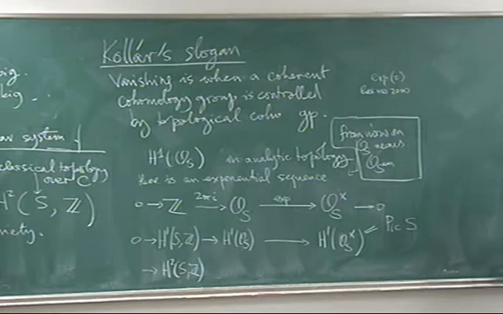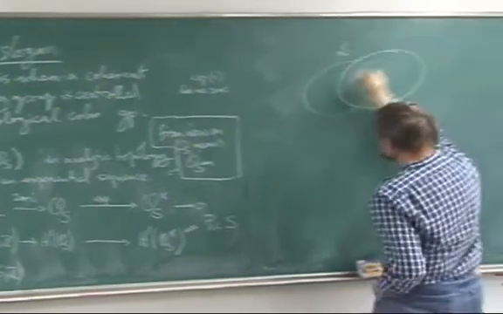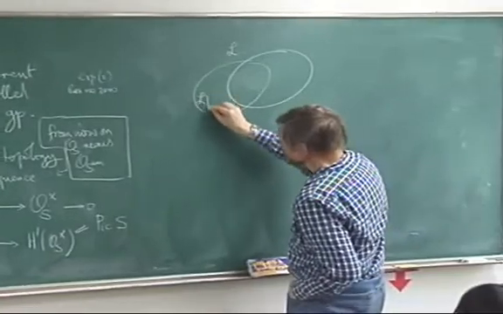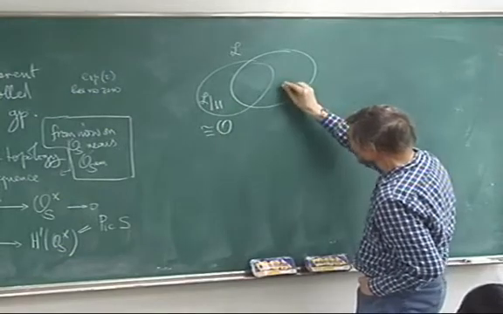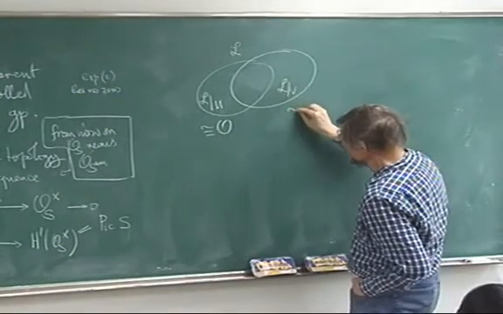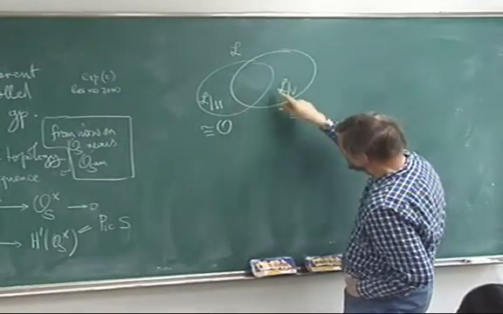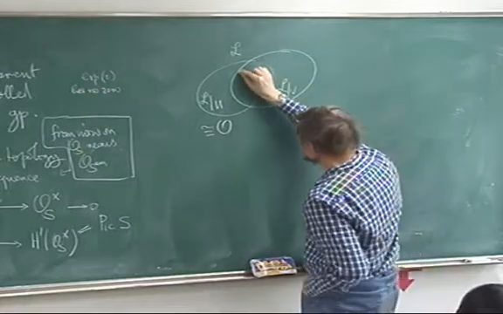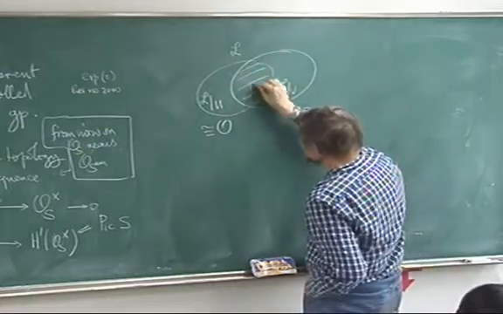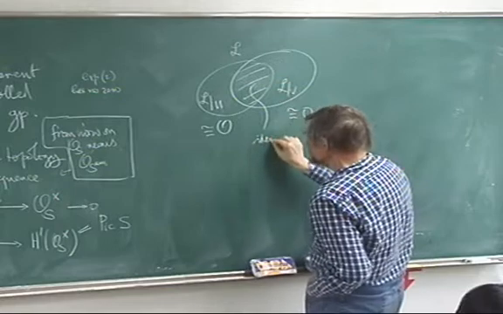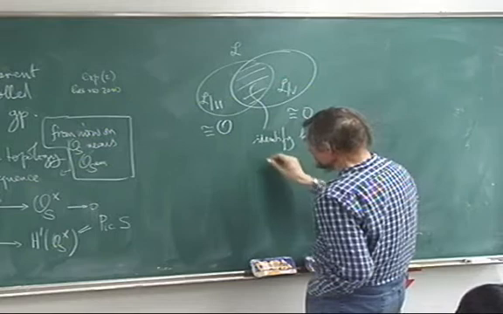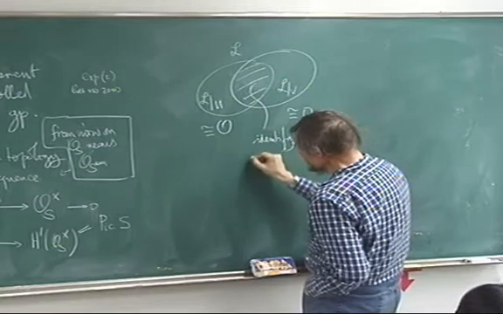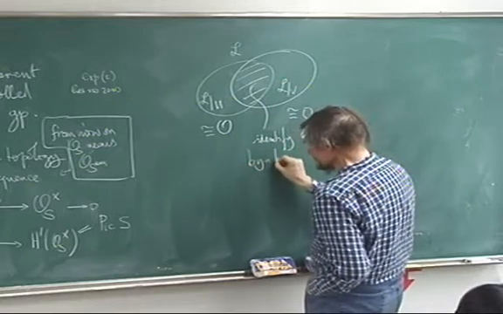So, if I've got a line bundle L, then if I restrict it to small open sets, L restricted to U is O. That's what it means to be a line bundle. And L restricted to V is also O. And the fact that it's a line bundle means that I can identify them here, identify here. And this is by an element, a transition function